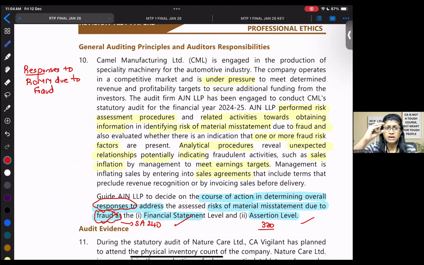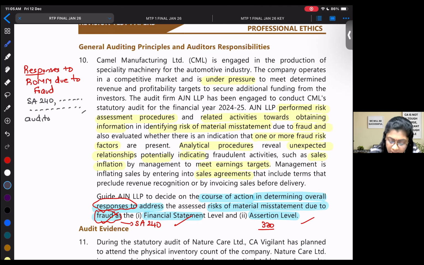There is a specific part in SA 240. Usually in class, we take it towards the end. Auditor's duty, 9 points are there. In that, one point is this. If you suspect there is a material misstatement due to fraud, you can write like that. As per SA 240, whenever there is a risk of material misstatement due to fraud, the auditor shall design responses which include